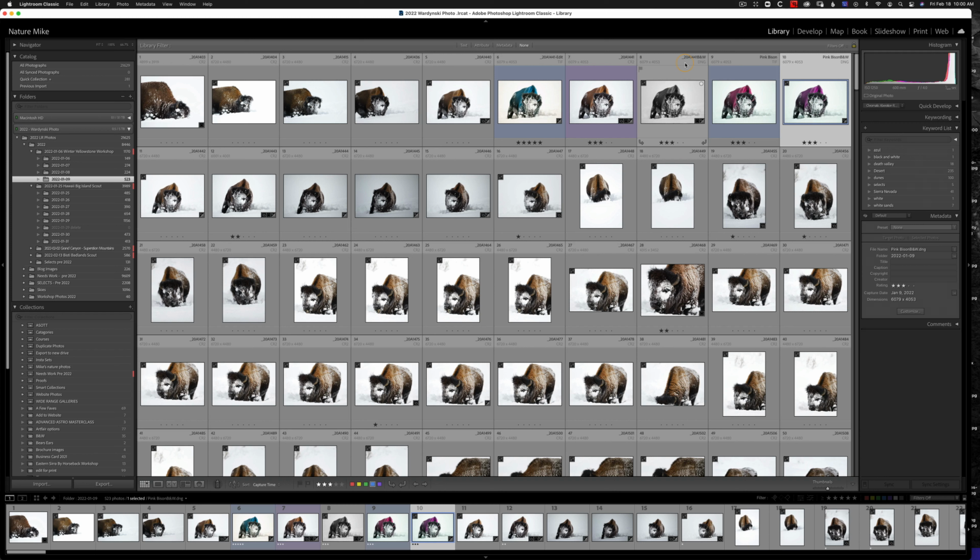Okay, let's talk about file names real quick. Let's say I wanted to keep this original file number on these other ones that I actually called Pink Bison. That's really easy to do. I'm just going to click on this one, and we're going to go into the library and down to metadata, and here is our file name. And so I'm just going to highlight